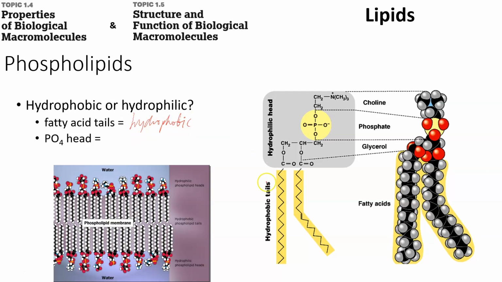Remember, these are fats, right? Almost all carbon and hydrogen, or they are all carbon and hydrogen as far as these tails are concerned. The phosphate head is hydrophilic, right? Phosphate head loves water, and this is how these phospholipids kind of arrange in our system. This is a very simplistic look at the phospholipid membrane down here. You'll notice you have this